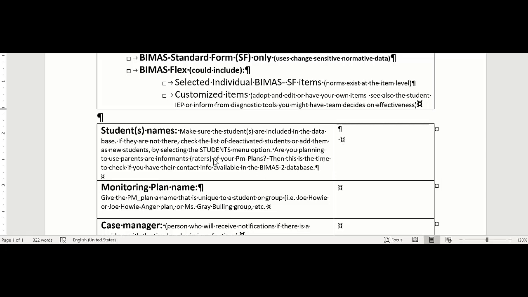Also here, as you're thinking about the students, you may want to think about whether you're going to invite the parents. The parent information on the BIMAS is connected to a student's record. So if you say, I'm going to use Joe Howie, for example, and I want to invite the parents to be part of the progress monitoring plan, then definitely you need to make sure that you look into the plan